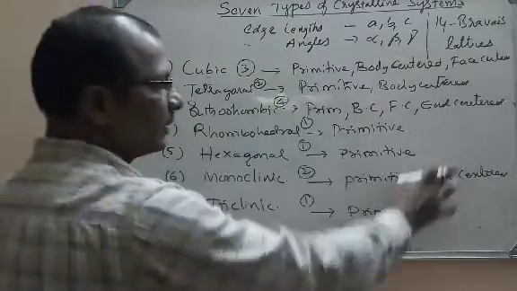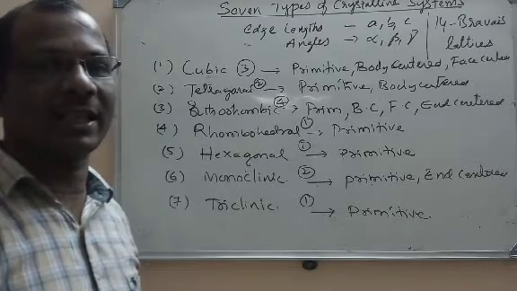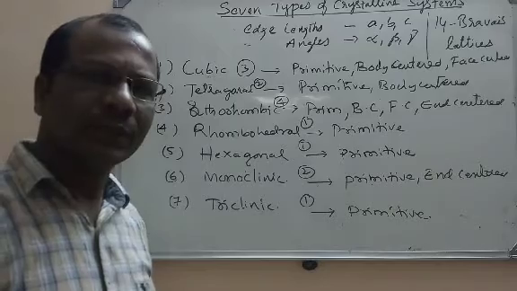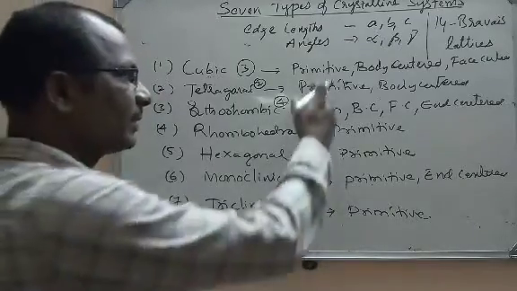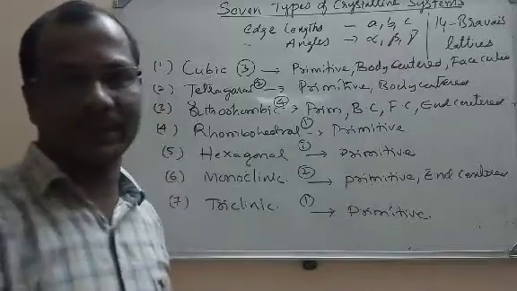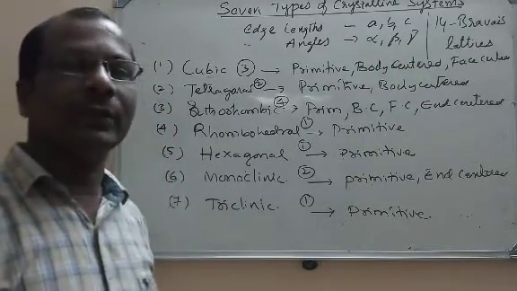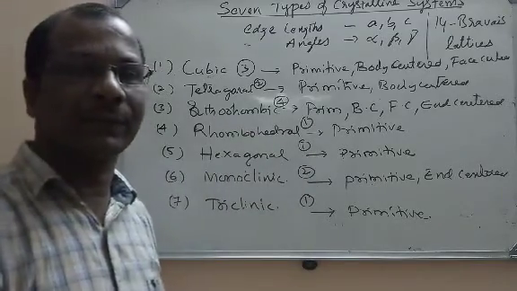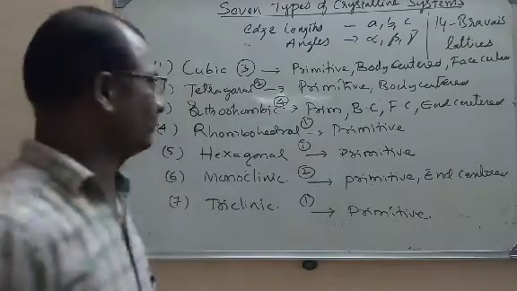So all together how many Bravais lattices are possible? 14 Bravais lattices are possible. 7 crystalline systems will be classified into 14 Bravais lattices if you consider the points arrangement and the cell parameters both here. Let me explain, and I will also tell you the tips to remember different types of crystalline systems. Let me go for the next one.